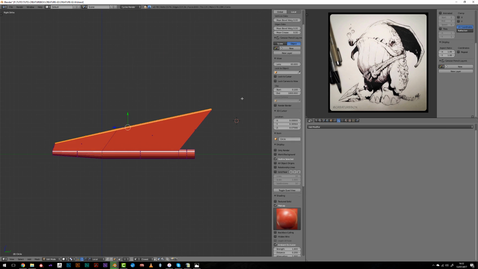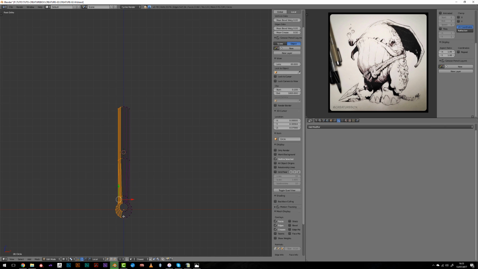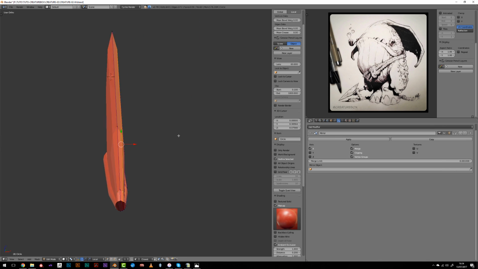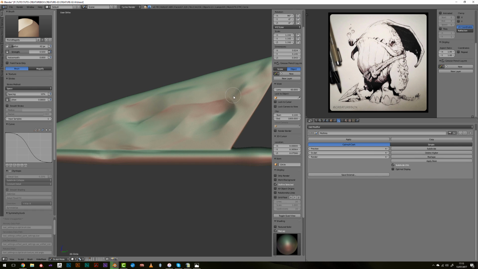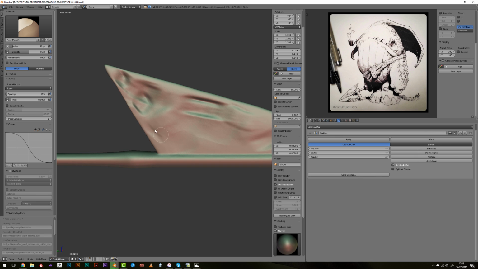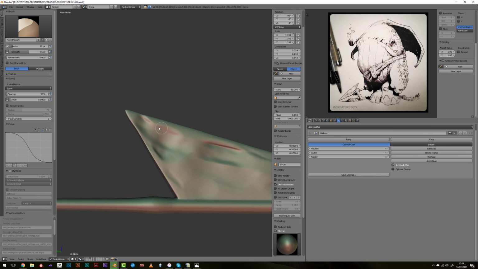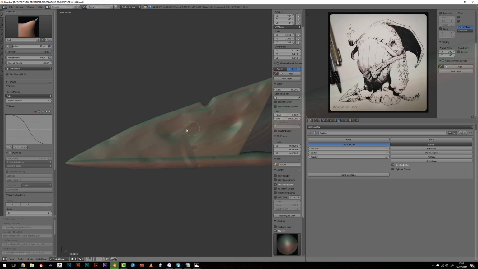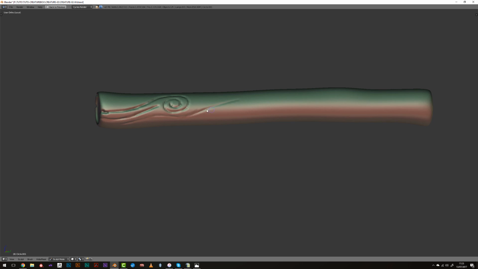As their shape was very simple, I prefer to model it directly, add enough loops, try to keep square faces, etc., and sculpt directly on it. That's easier than going into dynamic topology and making a retopology afterward just to sculpt like one or two extra details. This would have been a waste of time, so I did it this way.